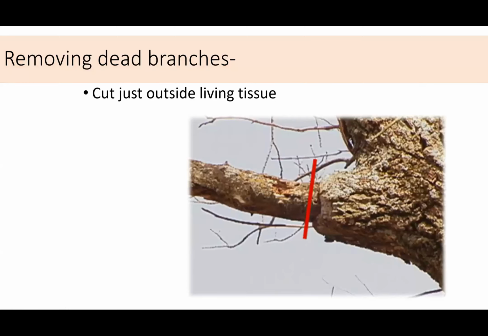Final note about pruning cuts. If you're removing dead wood, the key to that is just to cut right outside the living tissue. You just want to err on the side of caution. Do not cut into living tissue when removing dead wood. The tree has already started to compartmentalize and close off connections with that dead wood, and you just don't want to make the tree have to work any harder by cutting into new living wood. Dead wood can be removed any time of year. It doesn't count against your pruning budget of how much wood you can remove. It's kind of free in that sense. Just make sure you don't cut into living wood when you're removing dead wood.